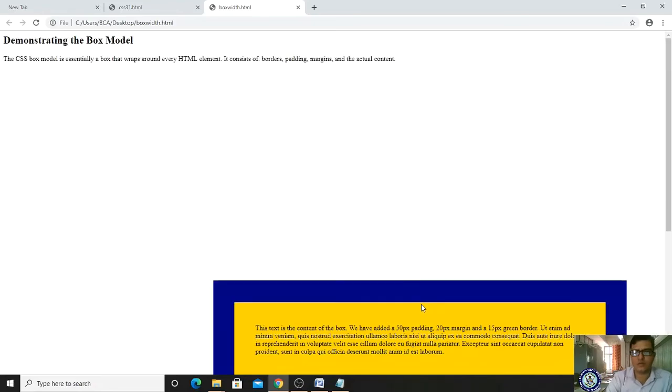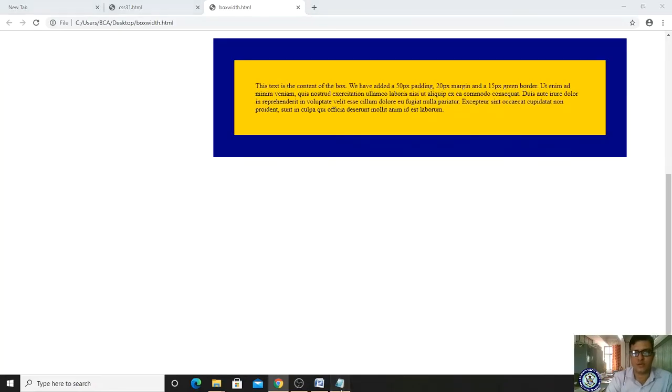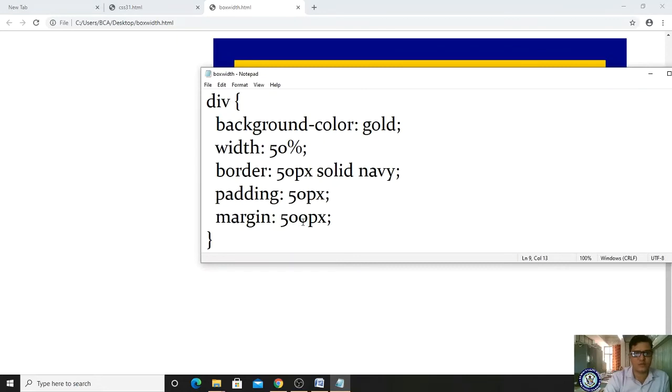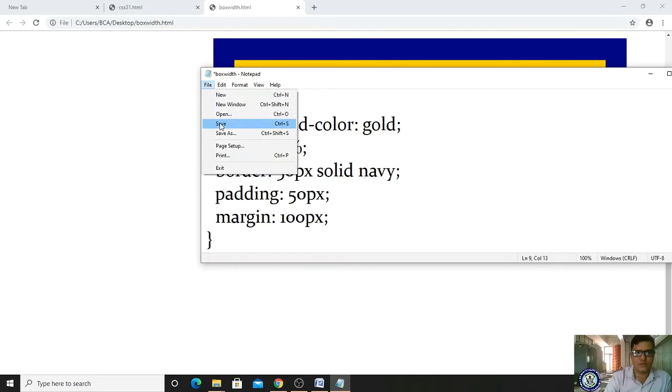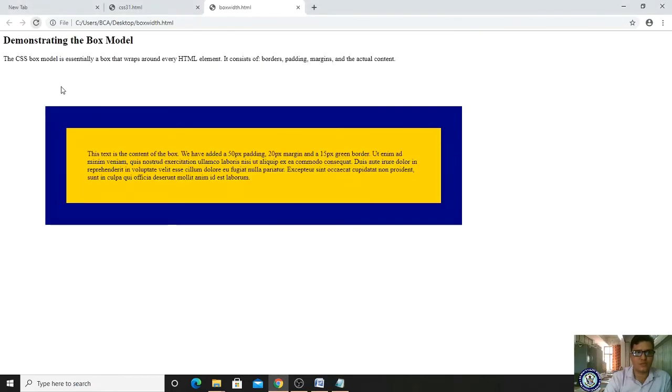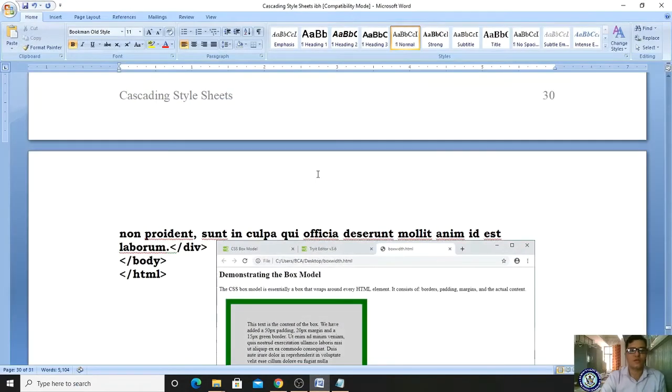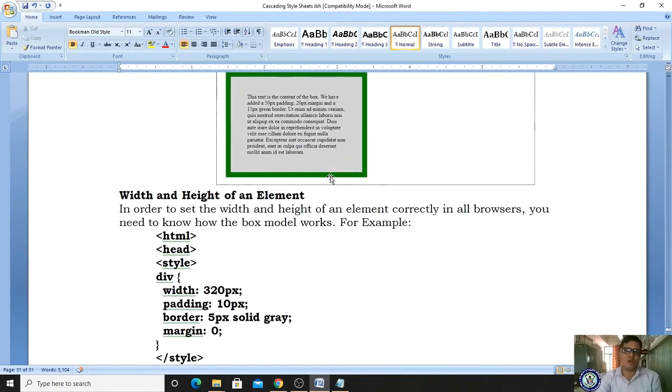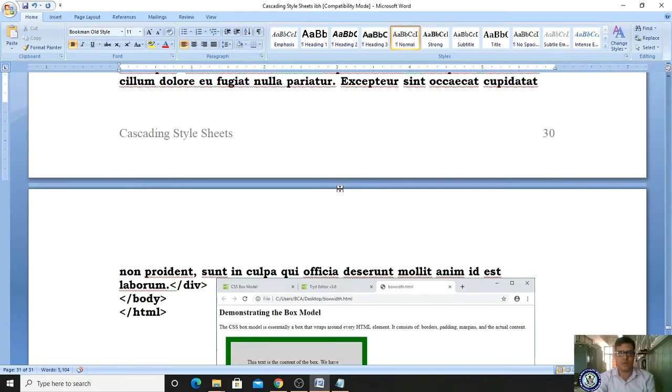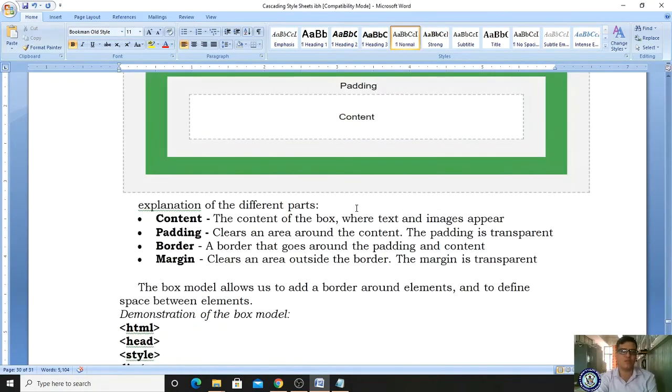Okay, so likewise it is taking, and instead of 500 pixels, let me make it 80 pixels or 100 pixels. 100 pixels is enough. So save it and refresh it. So there is a 100 pixel difference. Okay, so likewise you can make your website as a box, and the box is a place very important for content,